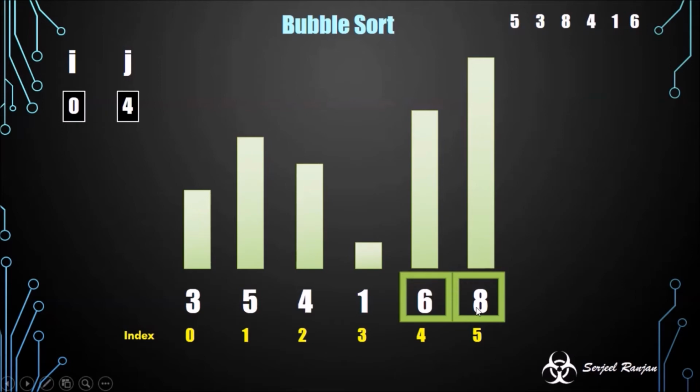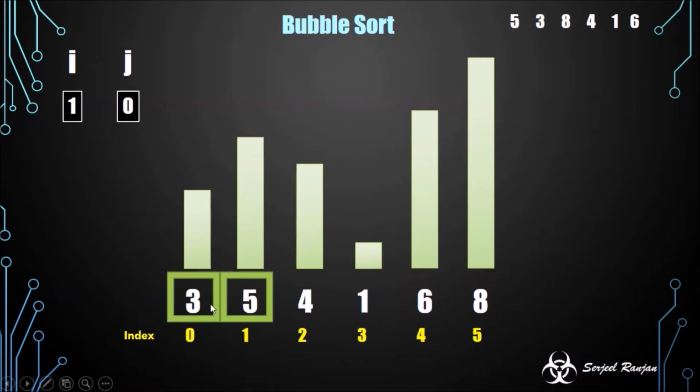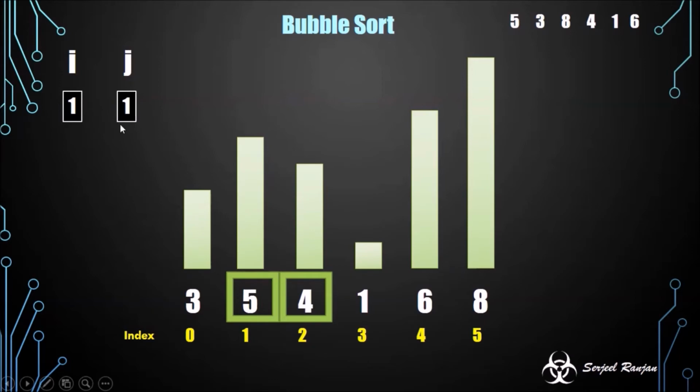We have to send this window back to the starting. So now you can see the value of i is incremented by 1, which symbolizes our window has completed one traversal over this array, and our j is again 0 because the window has come to the starting index. Okay, so let us start the comparison again. 3 and 5, yeah, they are in correct order, so I don't need to do anything. I will increment the j and send the window one more step ahead, and 5 and 4, they are not in correct order, so I will do a simple swap, and our job is done here.